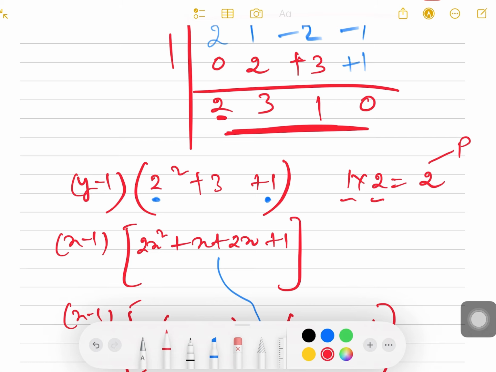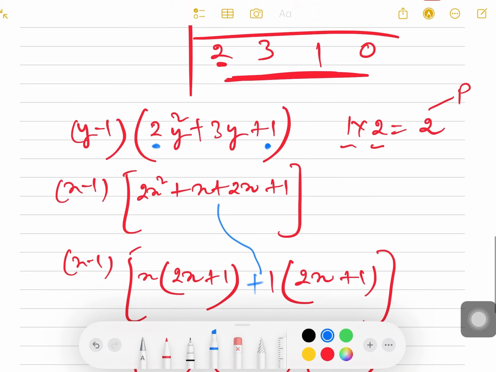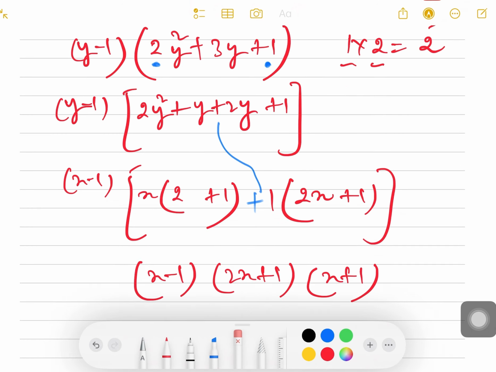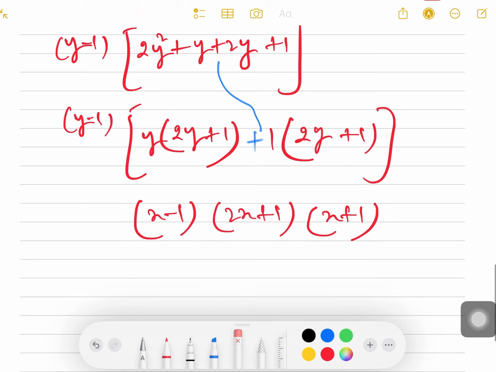One second, let me check. This is also y, and then y. Let's just change all the variables with y. Here is y common, so 2y. Here also